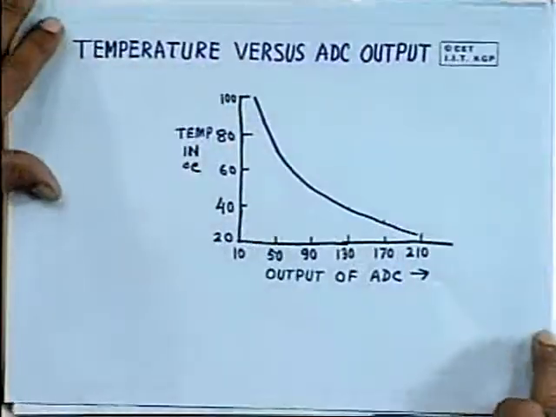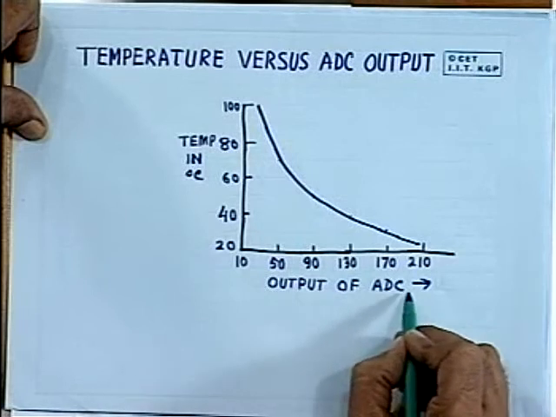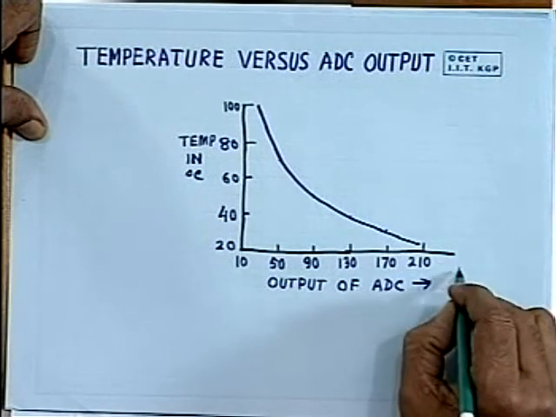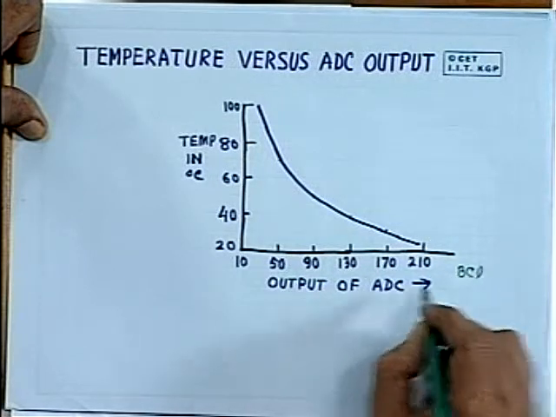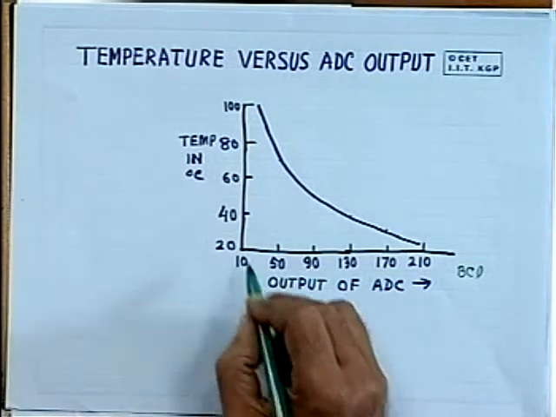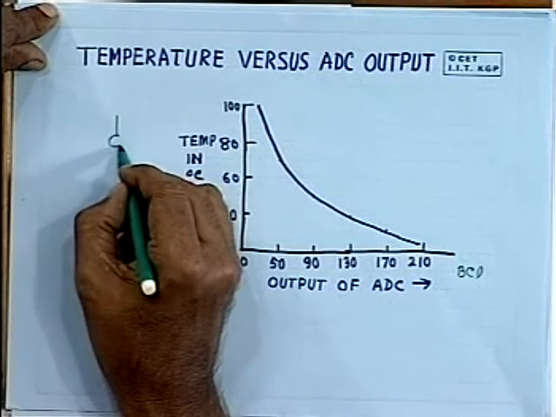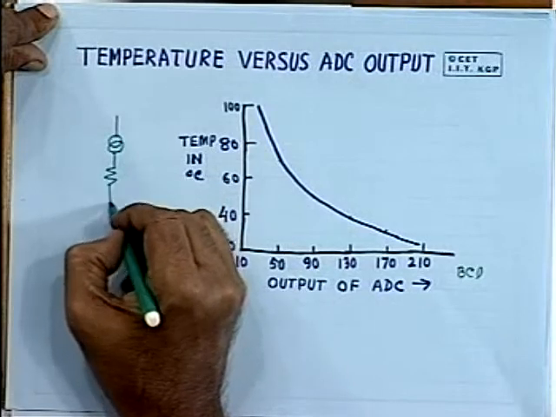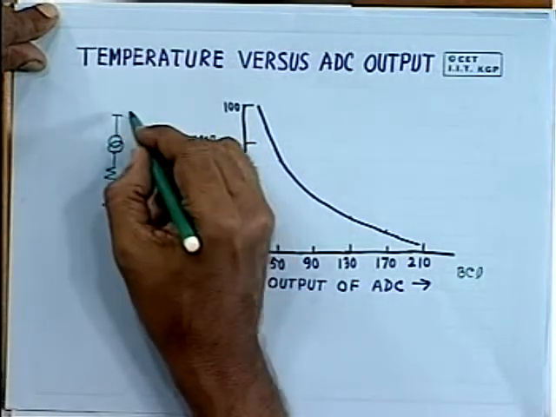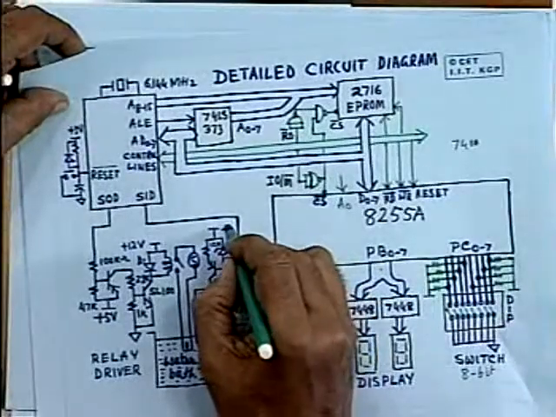For that purpose, we have used an interesting technique. Here you see we have plotted a diagram which shows the output of the analog to digital converter, although here I have represented it in BCD, not in binary, but you will get the data from the ADC in binary. And here is the temperature. That means the constant current source that you are passing through the thermistor is generating a voltage. Here you are applying, say, 12 volt.